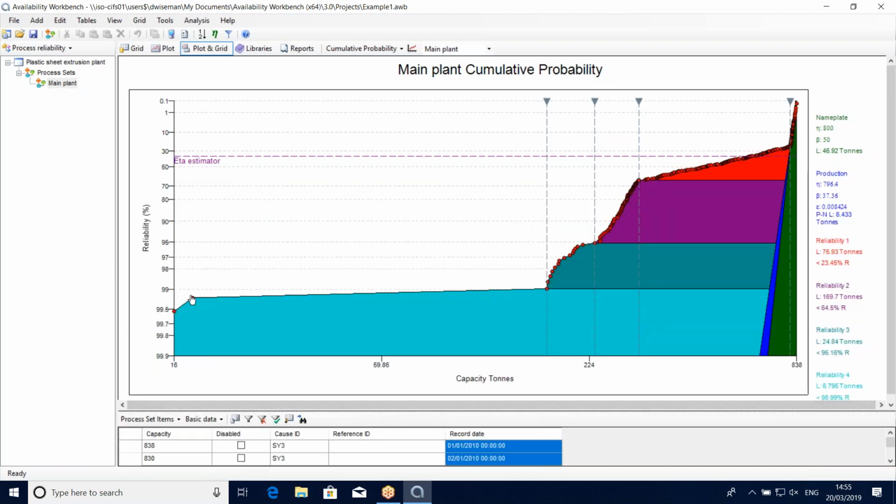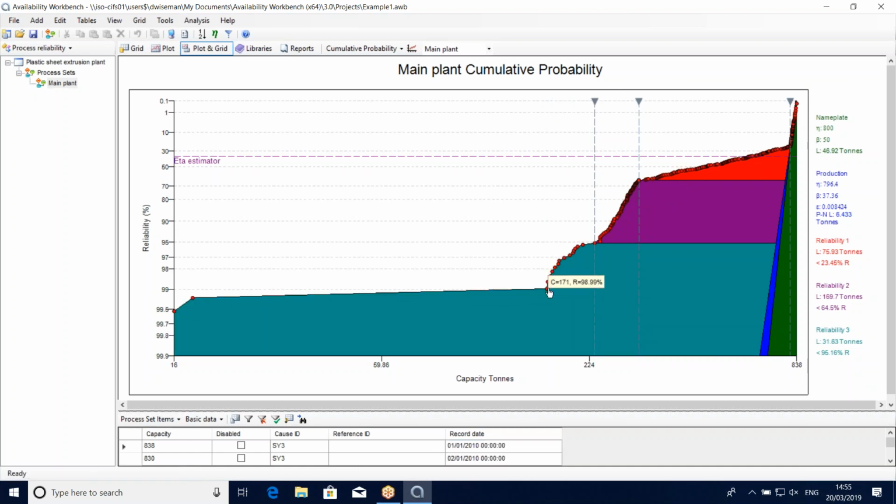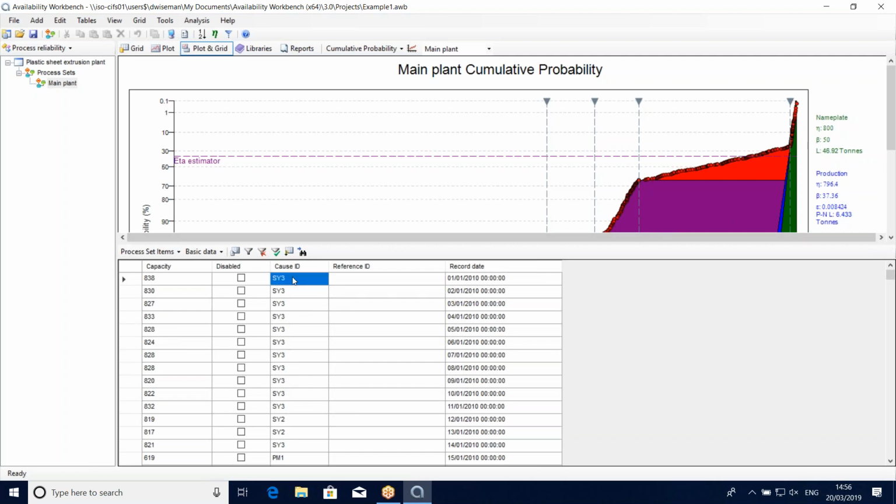That is automatically plotted as these data points on my cumulative probability plot. And I then manually mark these cusps. So anywhere where I can see the data pattern clearly changes, I can just click on it, and it creates a cusp, and then the program can break the area underneath that curve into different regions representing different amounts of lost capacity. So I can break down my capacity losses,